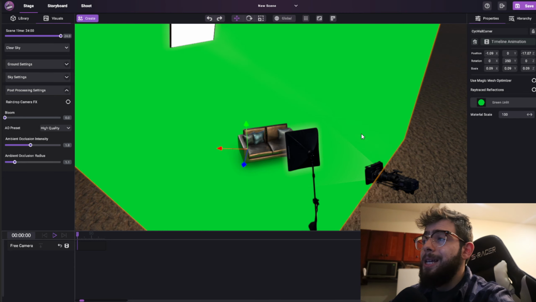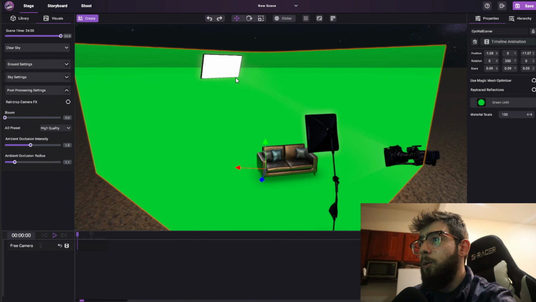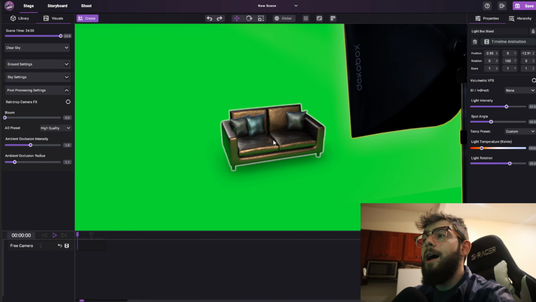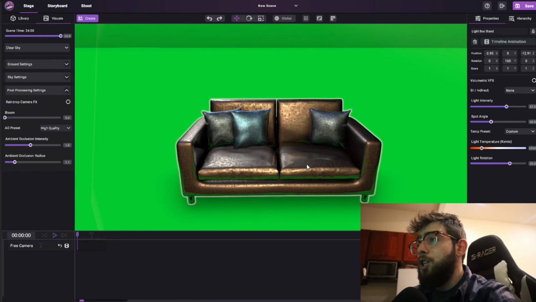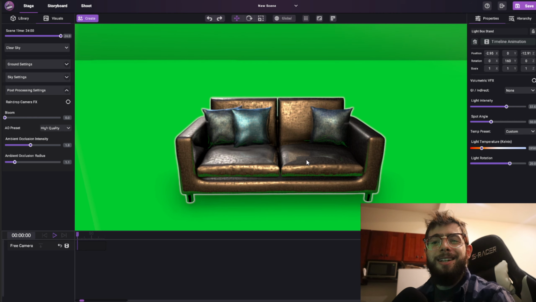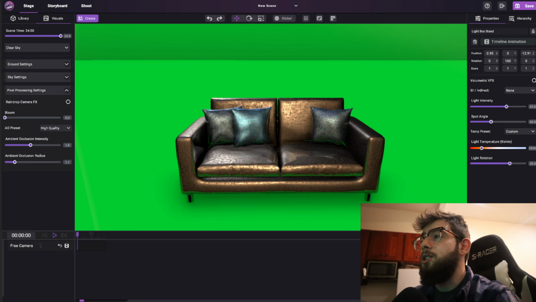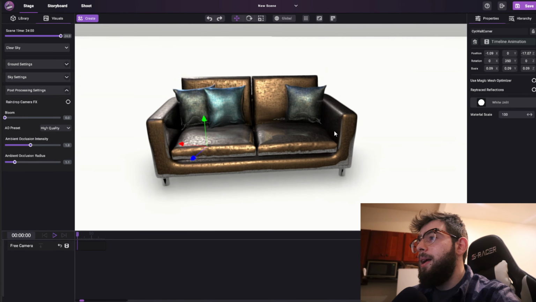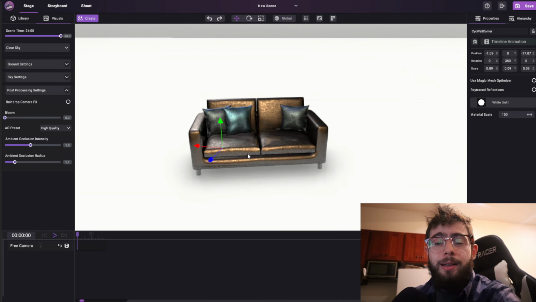Now green is a good example for the way this works. You can see that no matter how I move the camera and no matter how I adjust the lights, only the objects without unlit materials get influenced by that lighting. So if I wanted to get a green screen shot that can then be easily keyed out in a video editing program, this is a good way to do it. Or I can go to white unlit, and no matter where the camera is, only this object has the lighting